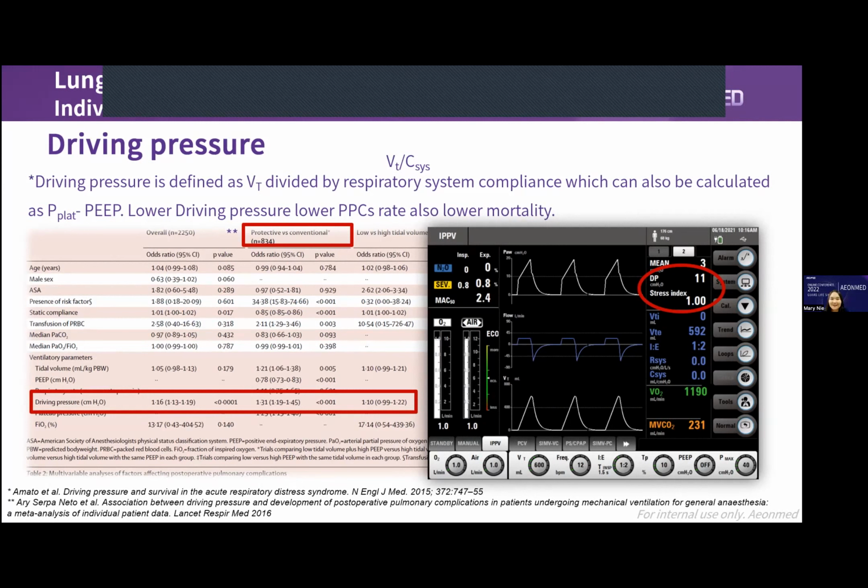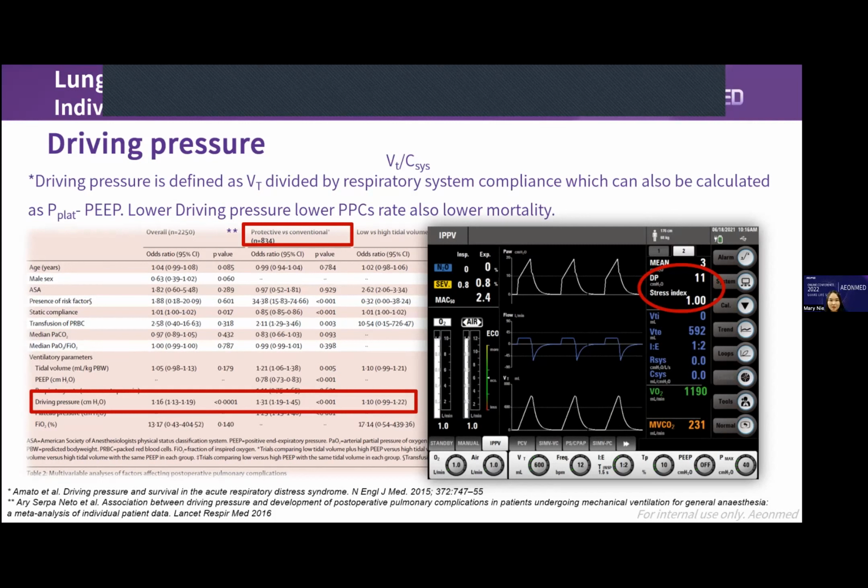But we know that especially for the elderly, we have COPD or asthma or some kind of chronic lung disease. So to give the individualized PIP to each patient is pretty important, pretty vital to do the